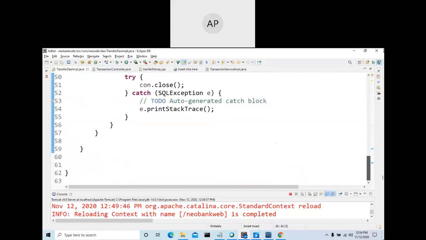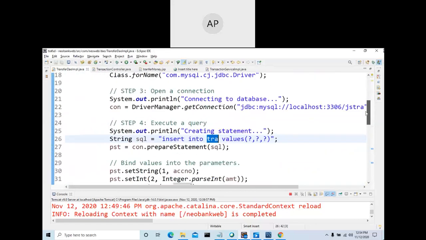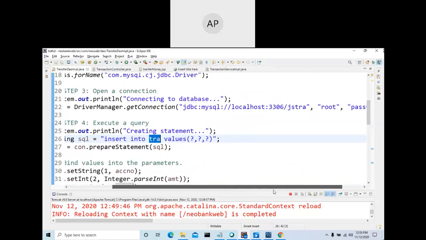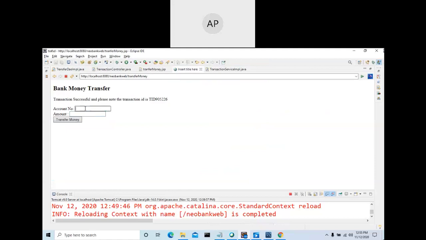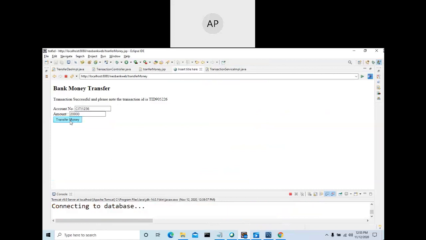This is the DAO. That's all, nothing other than that. Okay, so we will try another one.